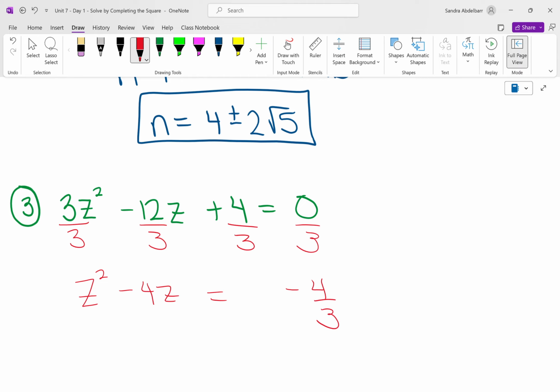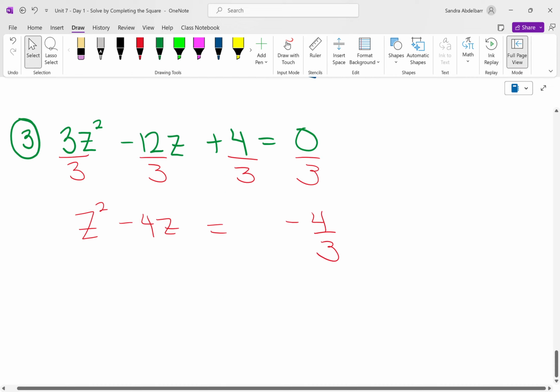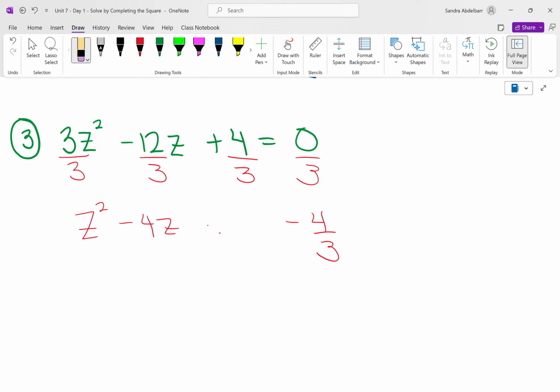And we're going to get z squared minus 4z. I'm going to move that 4/3 to the other side equals negative 4/3. I think everybody was pretty good with that. What's wrong? Did I write it wrong? Why do you look confused? Philip, you okay? I'm just trying to figure out the answer that we were talking about before. I'm going there. Sorry. Okay. So now we are going to do